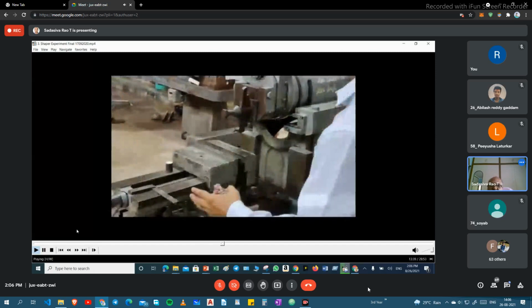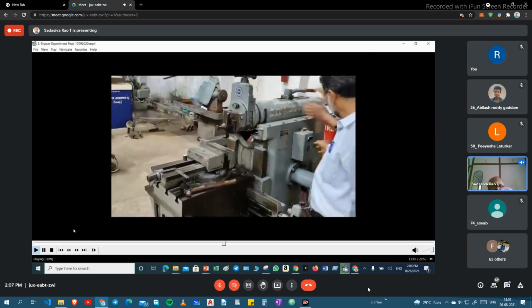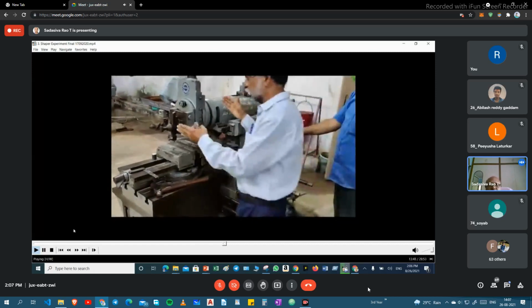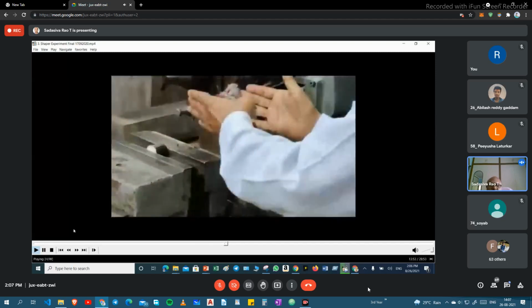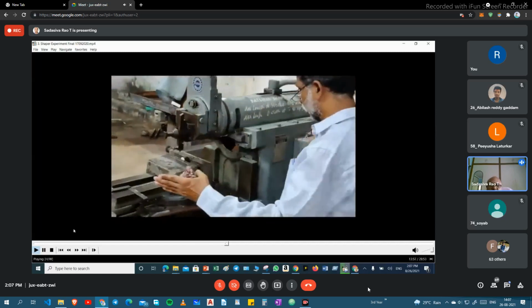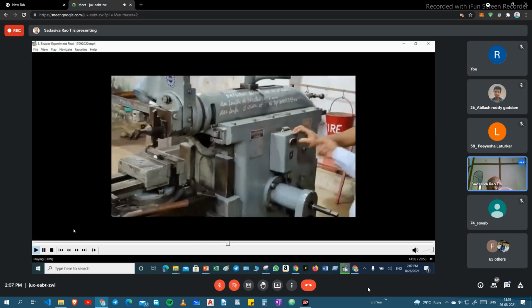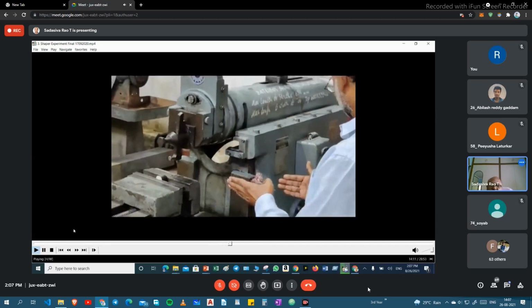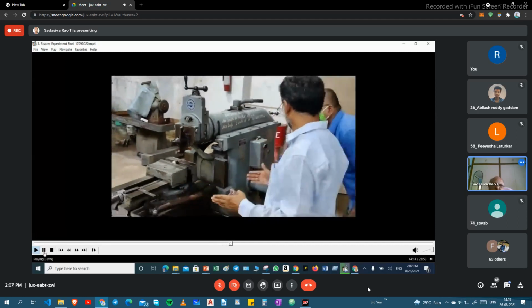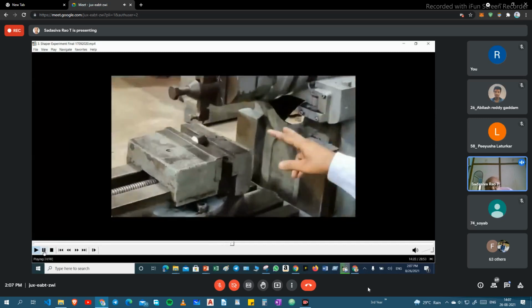Say we are repeating to understand. Suppose your workpiece is this much length, a smaller one, and we are doing only this much length. The movement, the length of stroke, is more than the workpiece. So you have to reduce the length of stroke by controlling this directly. If it is just more than the workpiece length, you have to adjust. That much is enough. If you increase the stroke length, you will waste time.